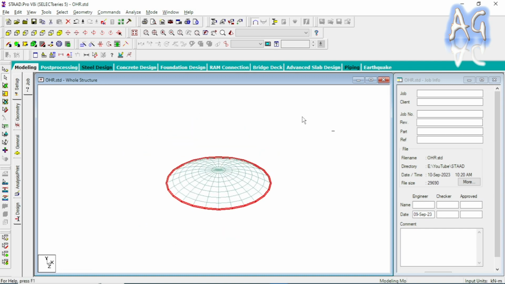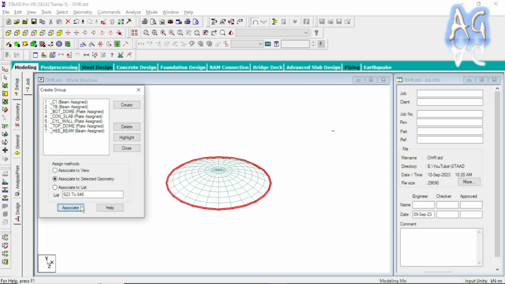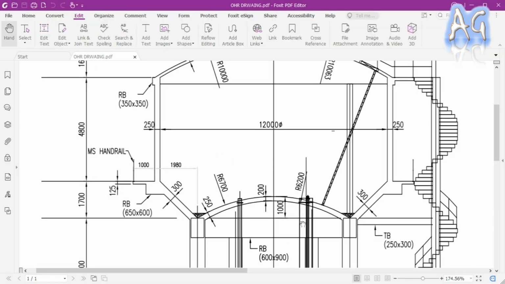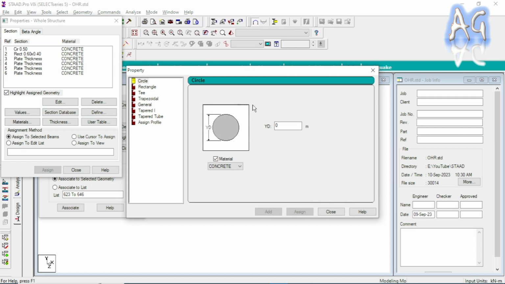And now we have to give a property. First I'm making a group for it. Say this is heel beam and this select type should be beam. Just associate it and just provide the property of it. So here the heel beam property is given, which is 600 by 900. It means 900 is the depth, so click on this define and here select rectangle and here provide 900, and the width of the beam will be 600,